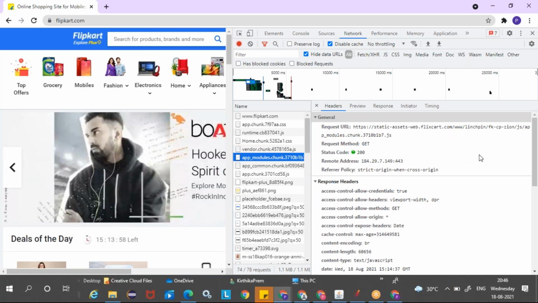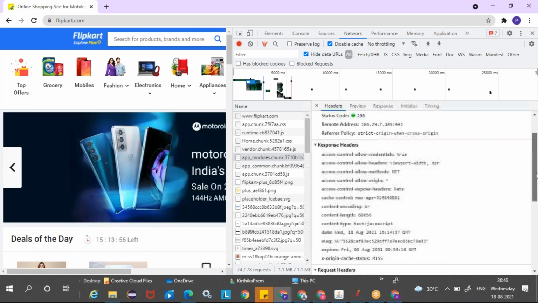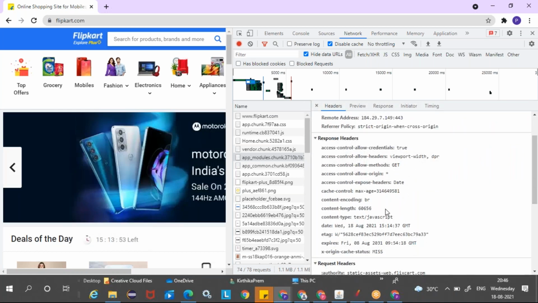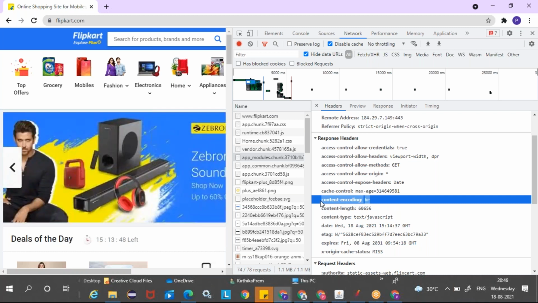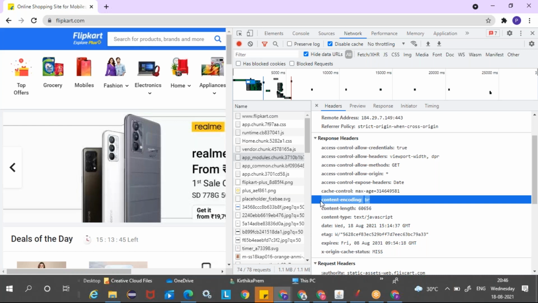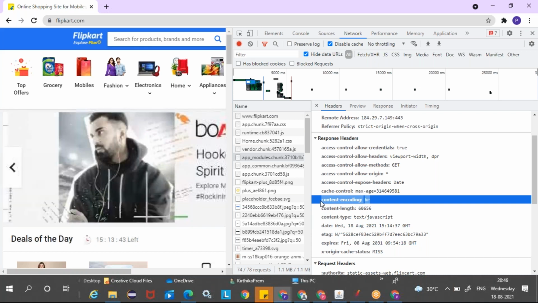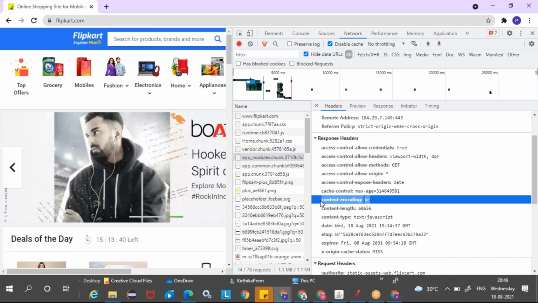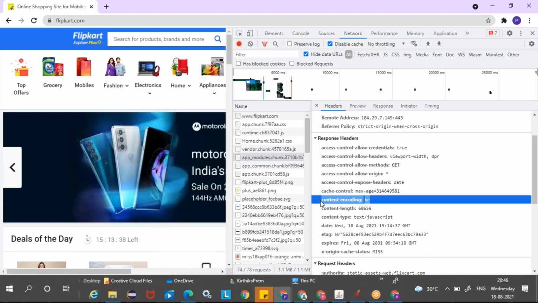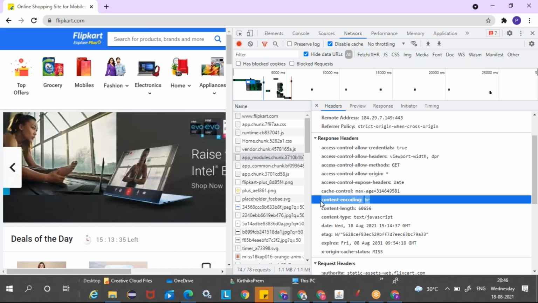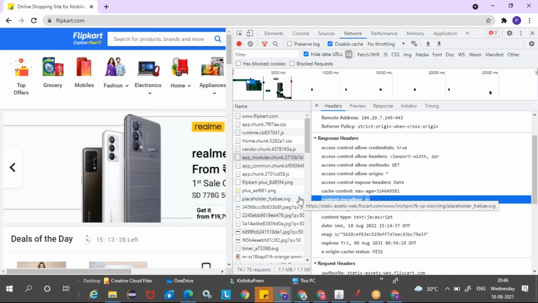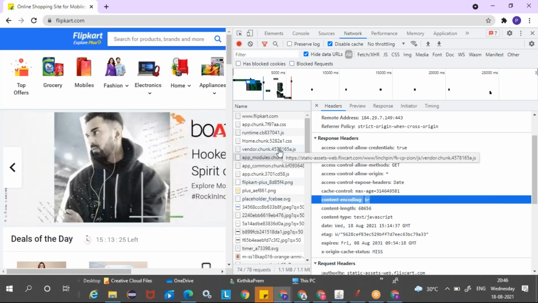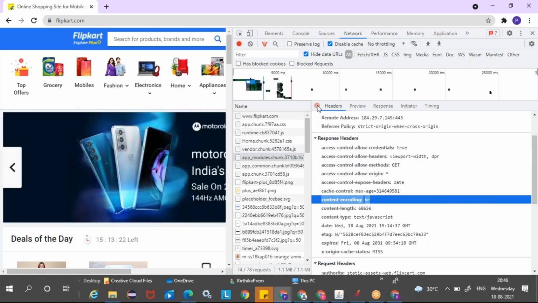I'll talk about content encoding. There's something called content-encoding equal to br. This has to be enabled on your server. So when it sends one JavaScript, it will compress that JavaScript itself. It is not that it is going to put all the JS together into one zip file. The zip file was just an example for you to understand. It is not going to put every JS or every CSS into one zip; every resource will be compressed. Okay, understood, Satish.